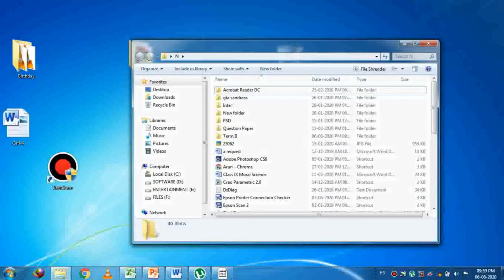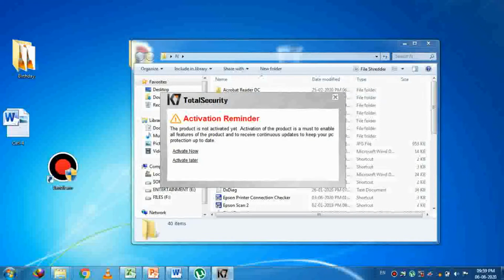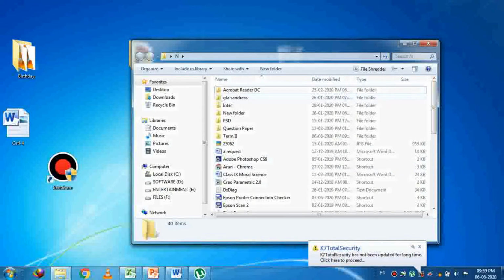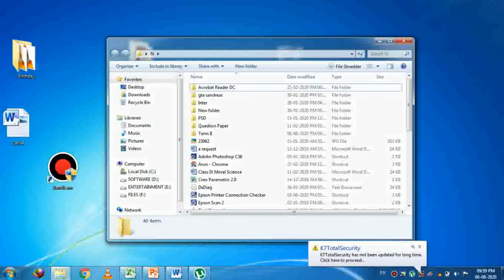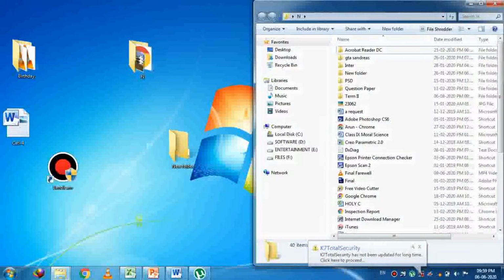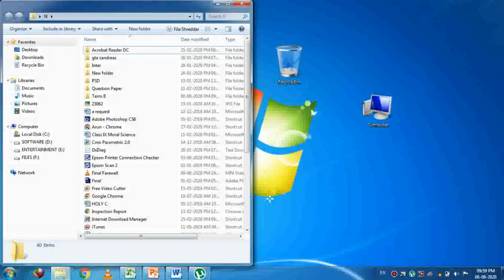Next one is Aero Snap. Aero Snap means nothing, like the same as Aero Shake. Click on the title bar, move to the right side of the desktop. It will be pinned to the side of the desktop. This is called Aero Snap. I am going to snap into the left side. That's all. This is Aero Snap.